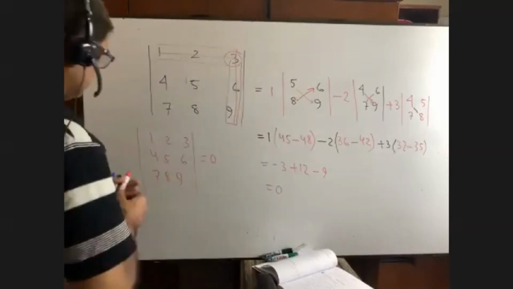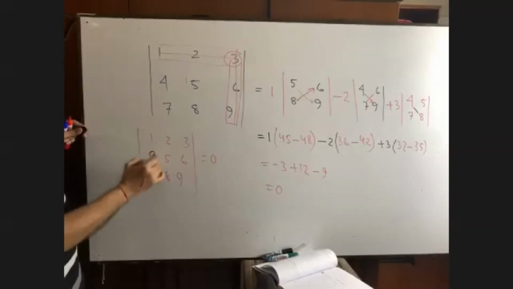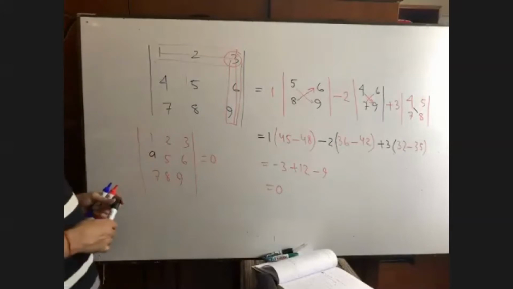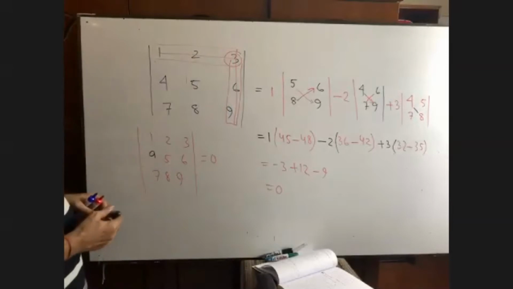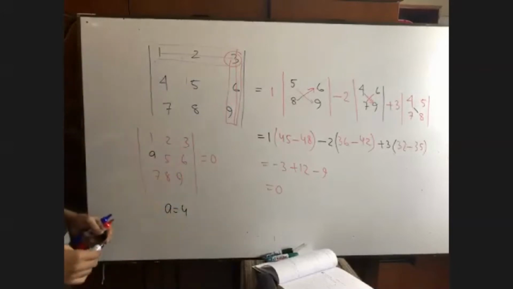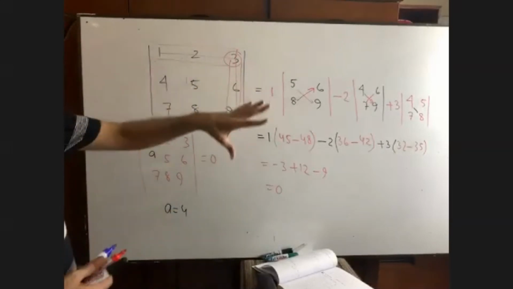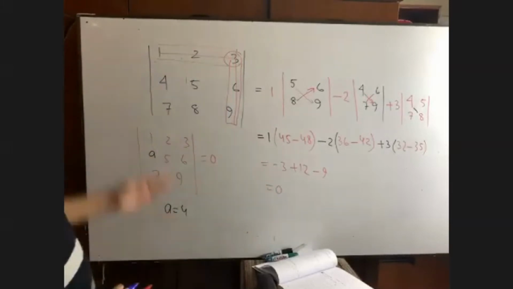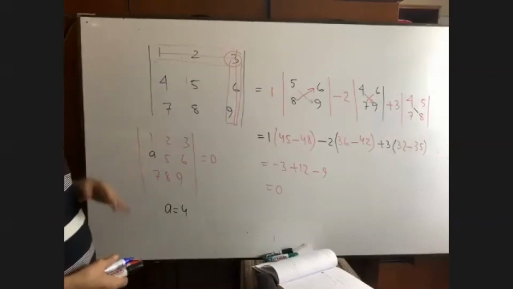Now you see another thing, the most interesting thing. An MCQ can be given. What is the value of A? You should not do the math. If it is A, then what is the value of A? 4. Yes, so you should not do the math. You can easily write down that it is 4 because you know the formula and others don't. The difference is there. They will do the math, then they will get 0, and there will be A here, and they will get A equals 4. But you know the formula that this equals 0. So what is the missing number? 4. Okay.